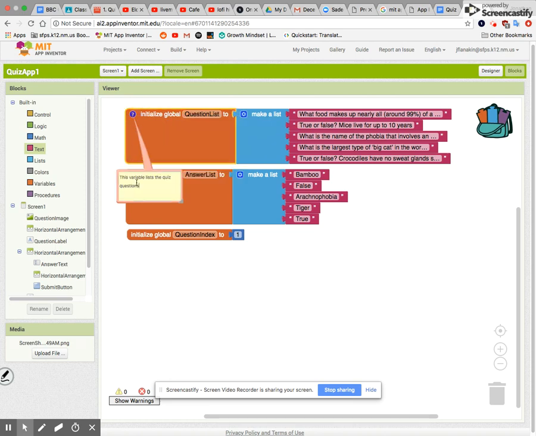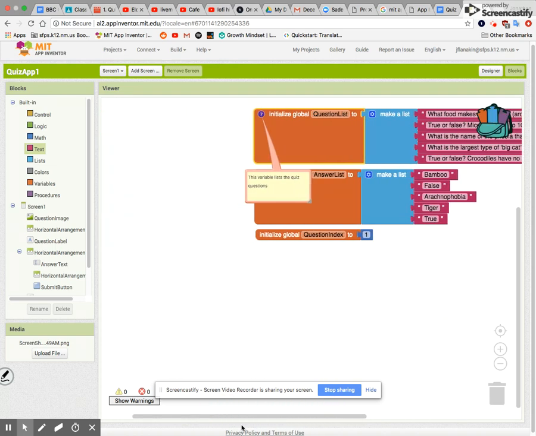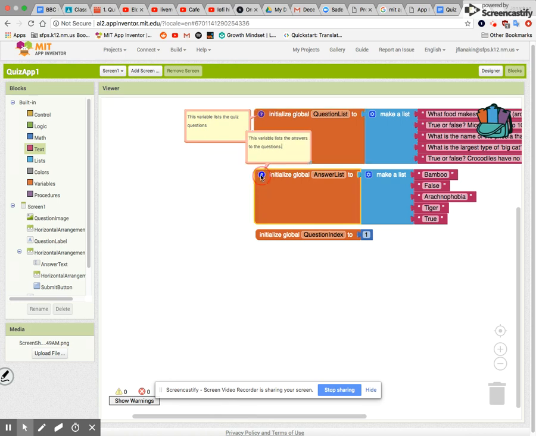I already have a comment here. I want you to add comments to every single thing you do in code from this point forward. I know we didn't do it a lot last semester. It'll just make it easier in the long run. So these variables list the quiz questions. This variable lists the answer to those questions. And then of course you're going to